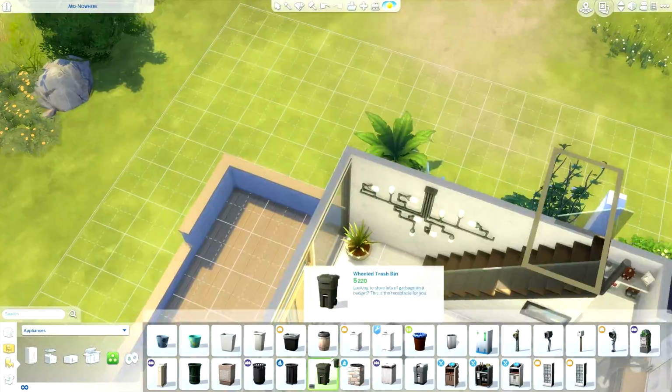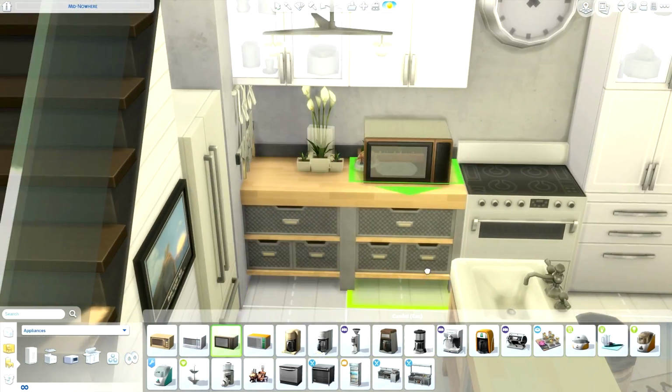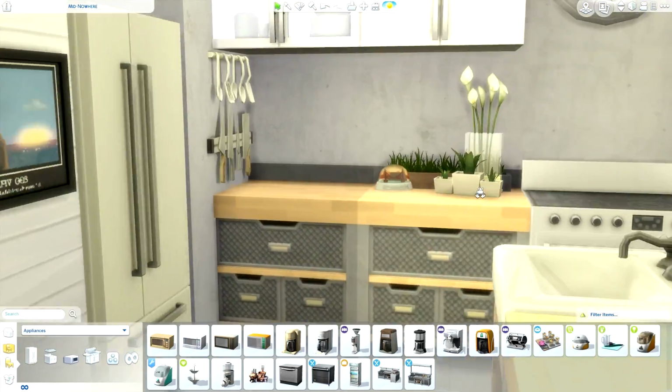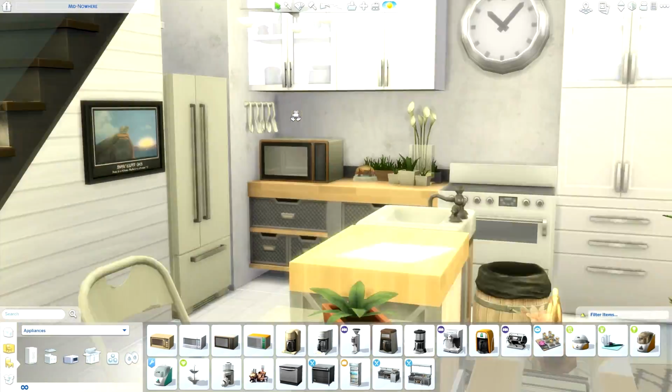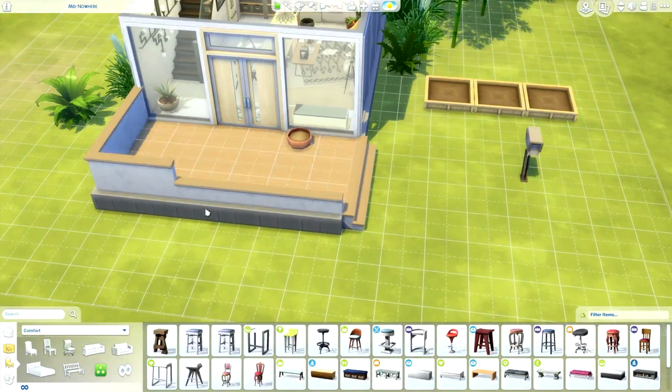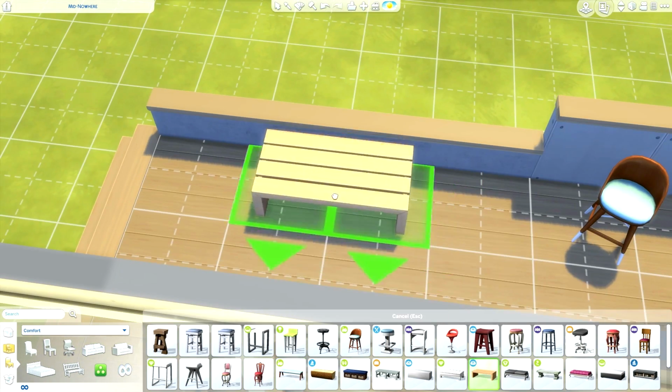And yep, I nearly forgot the bins. I do put them outside too, and next to those bins out the back, we do have a bit of a makeshift generator because these guys are living in the middle of an island. We don't have the Eco Living stuff pack yet,